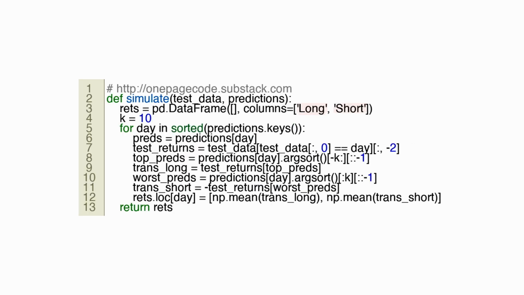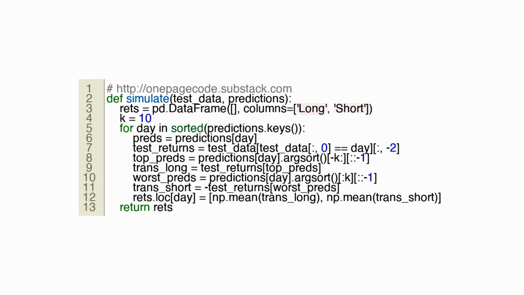The first line defines a function named simulate that takes in two arguments, test data and predictions. The second line creates a new data frame named rets, which has two columns named long and short. The third line initializes a variable k with the value of 10. The fourth line begins a for loop that iterates over the sorted keys of the predictions dictionary. Inside the for loop, the fifth line assigns the value of the current key to the variable day. The sixth line accesses the predictions dictionary using the current day as the key and assigns the value to the